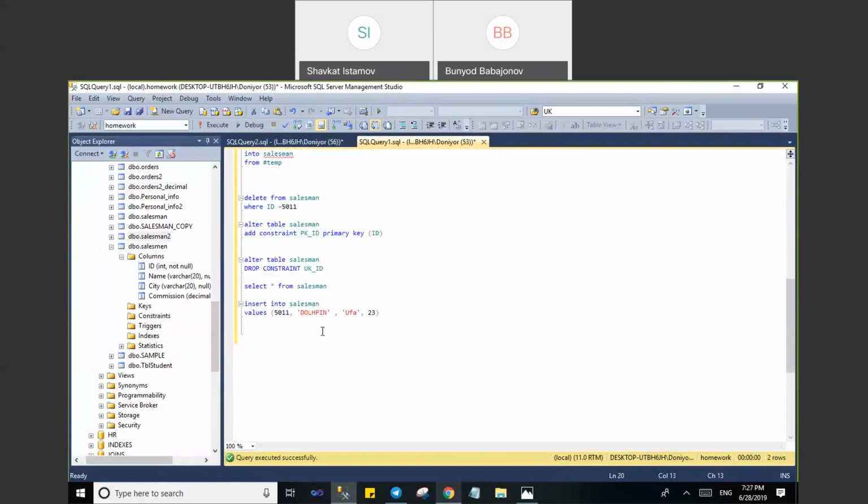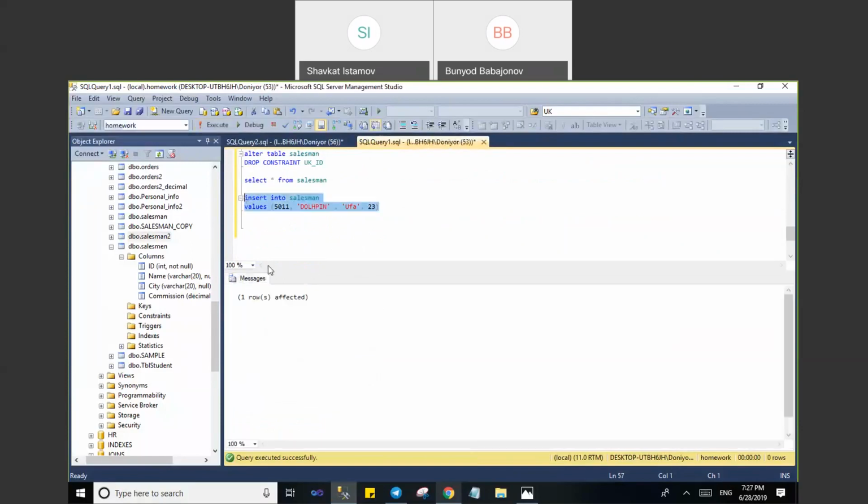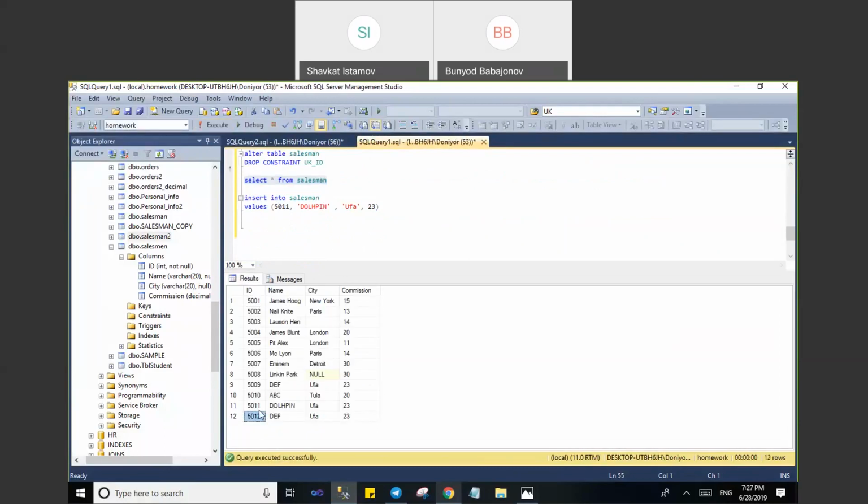Okay, and now let's select this. We don't have 11. Okay, 0, 1, 10, 11. Okay, if we have the clustered index, it should go in between 10 and 12. Let's see if that happens. Okay, so it went through here. And now,